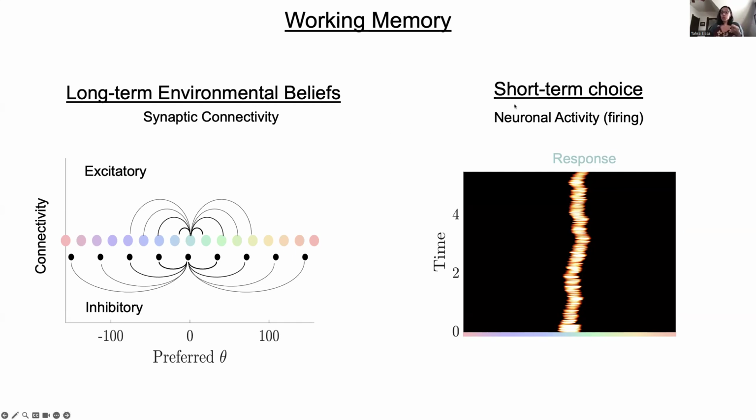Whereas our short-term choice, that cognitive behavioral response, right, the thing we can actually read out, that's going to be encoded and represented by our neuronal activity. So the location of that firing bump. So this is how we generally think about the idea of working memory, especially in this type of a task. But there's one problem when it comes to interpretability. Remember, what we want to be able to do is think about the neural mechanisms, but in the context of a behavioral response. So these bumps are great, but we can simplify this even further, which will make the rest